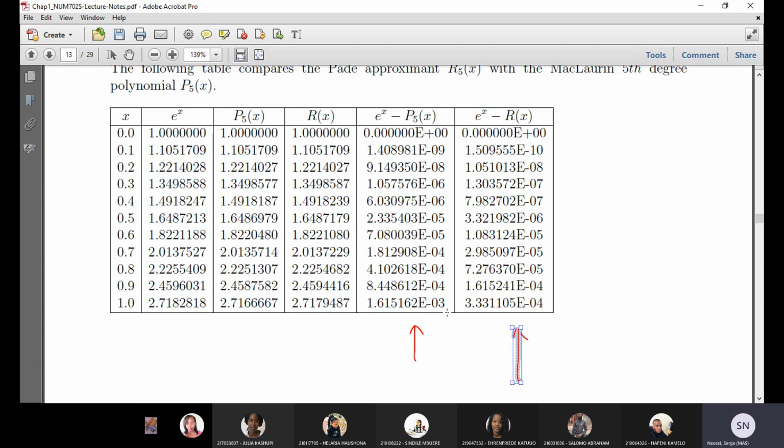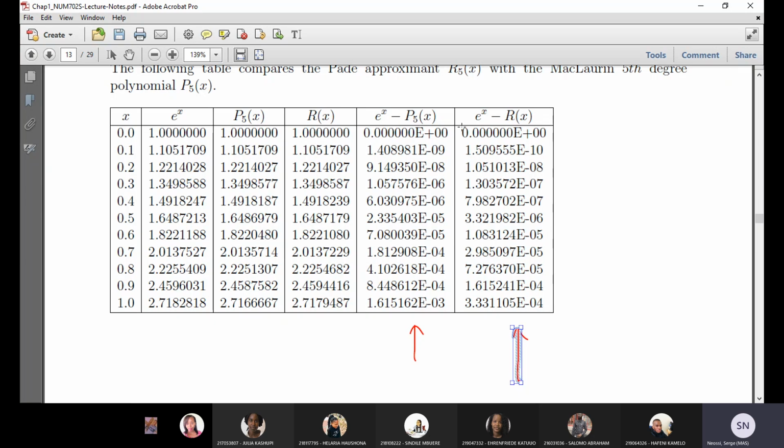For instance, look at this one. You can see that this is 10 to the 3, 10 to the 4, 10 to the 4, but here already we have 10 to the 5. And at this level, if you compare, this is 10 to the negative 6, this is 10 to the negative 7. Here you have 10 to the negative 5, here you have 10 to the negative 6. So this one gives you